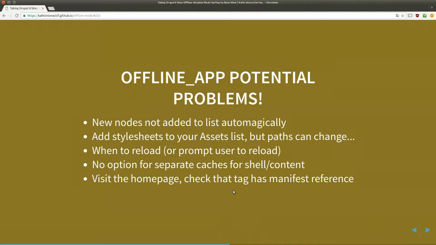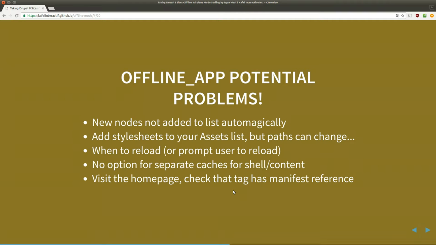So that's the first point on this slide. The potential problem is that new nodes are not added automatically. You sort of have to be very specific. It has a default style sheet that's included, and there's a style sheets and assets tab where you can add those things. There is an agency that last week published an article on Drupal Planet, which I will link to in the next slide, where they suggest adding all of your aggregated CSS and JS to the assets tab, and I think you may run into some trouble with that if those get regenerated with different paths. So there are some concerns there, but anyway,